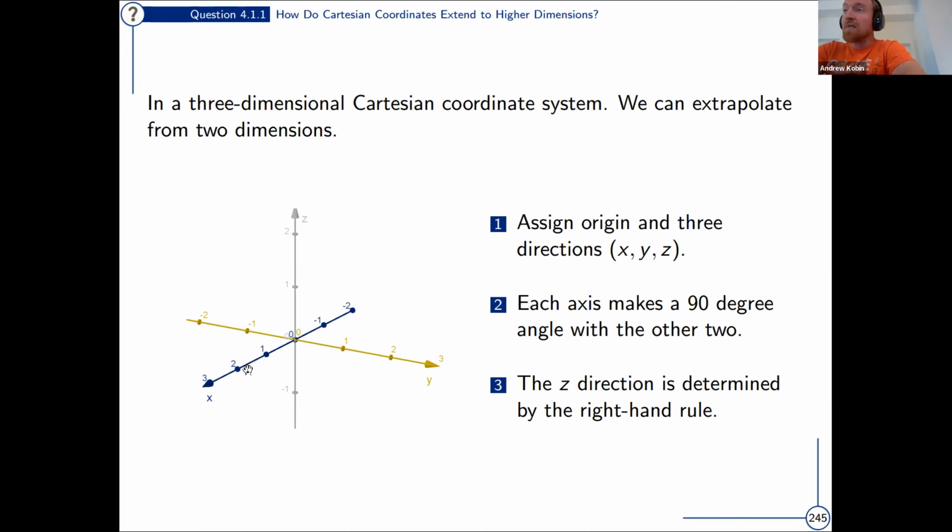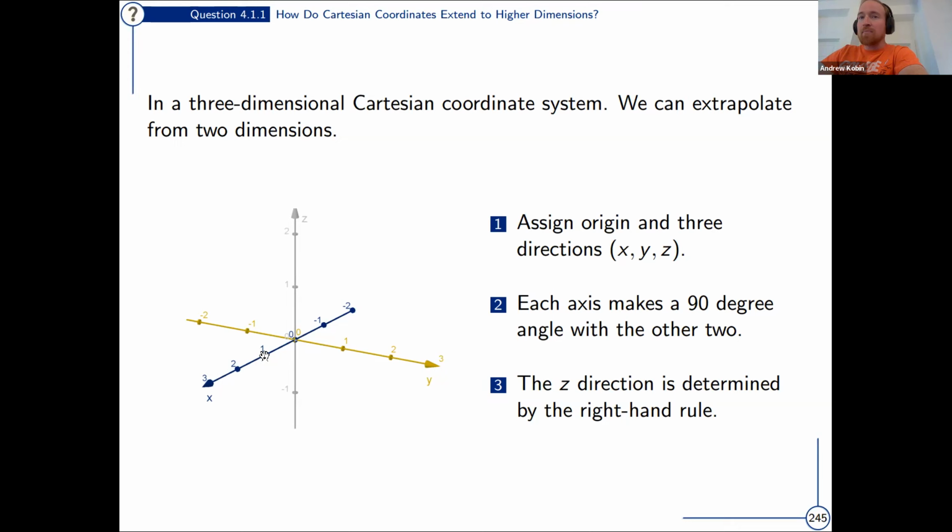Let's assign that origin and think of it as a starting place. And we need to construct, now instead of 2, we'll have 3 perpendicular directions. They all make 90-degree angles with each other. And you can see in this picture the x and y axes, or the directions I'm allowed to travel,